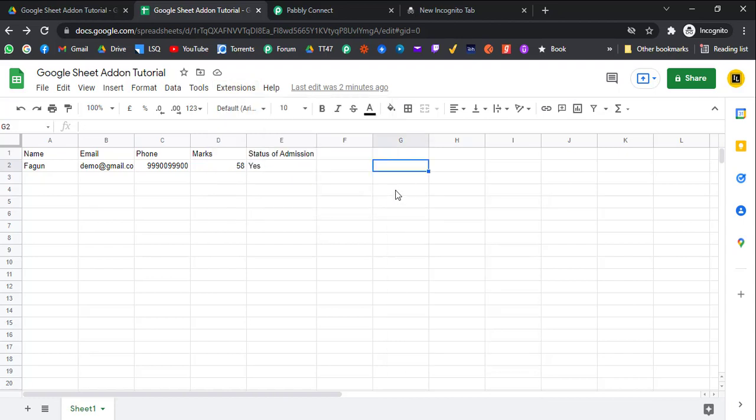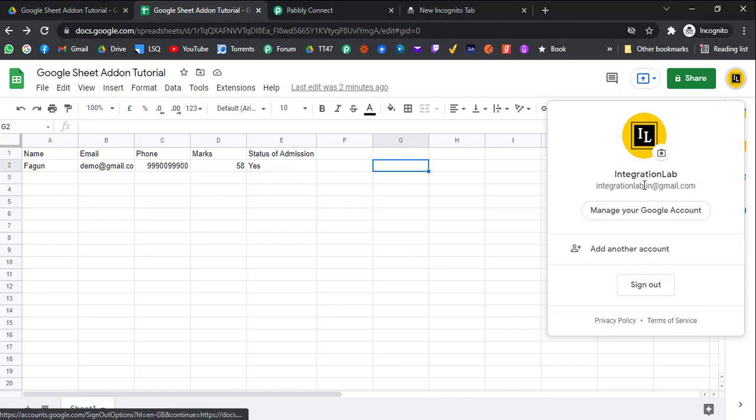Okay, right. So another thing people get an issue with many times is the authorization issue. The authorization issue happens when you are logged in with multiple accounts in the same window. So to avoid that, I would recommend you log in to an incognito window with only one Gmail account. That will solve the issue. Now this is not a Pabbly limitation, this is a Google Apps Script limitation which is common across many add-ons. So please log in with a single Gmail account in incognito mode, and the authorization issue should be solved automatically.